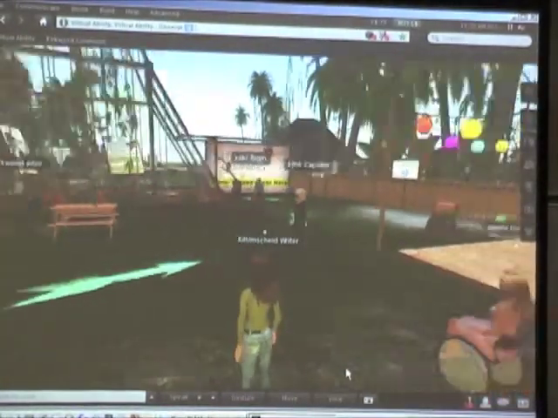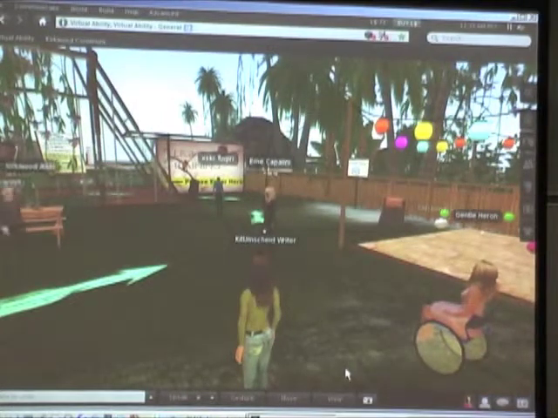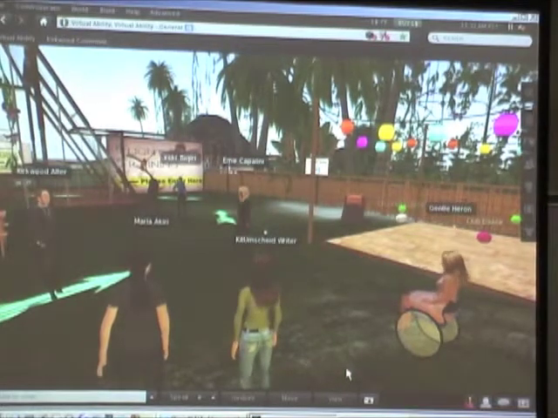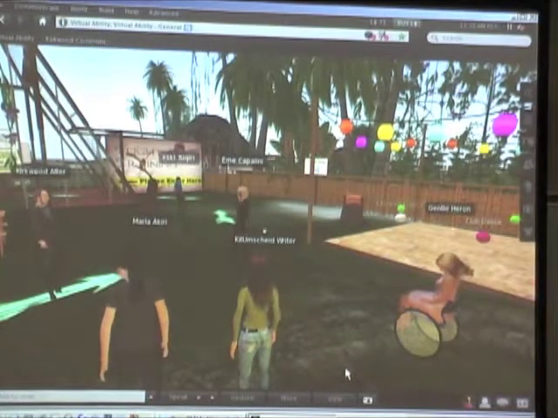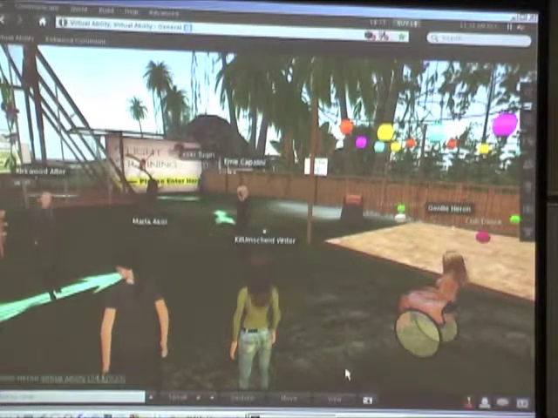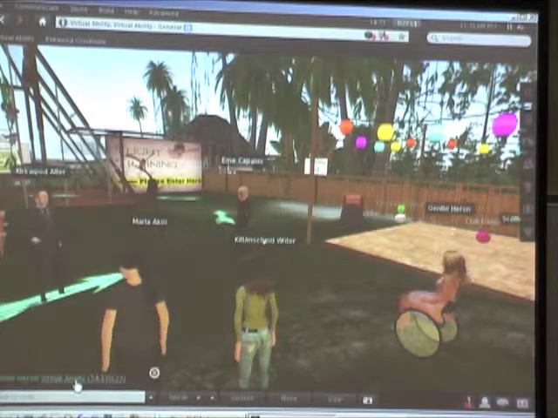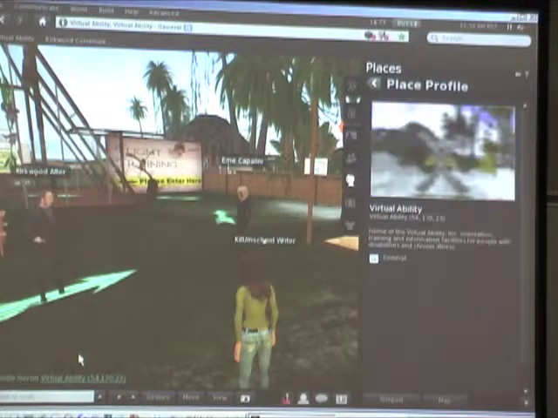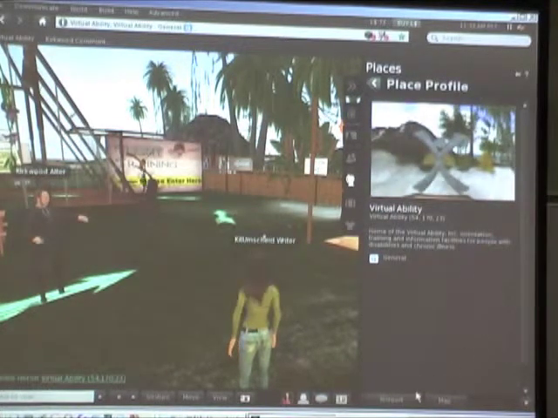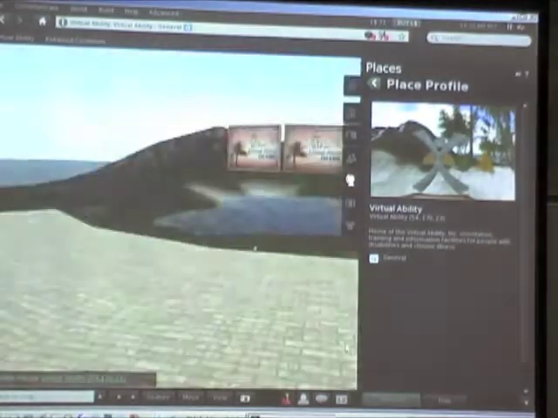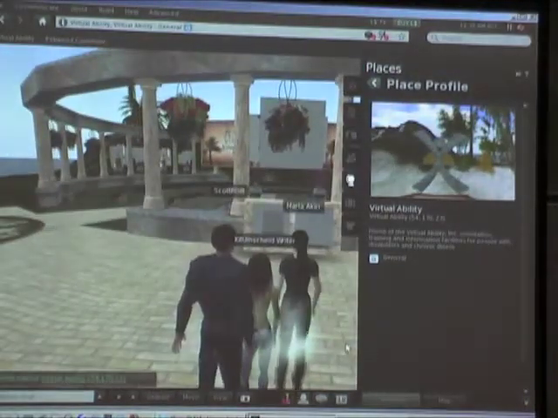Let's see. What we're going to do is I'll put the auditorium SLurl into the local chat, so those of you who use the SLurl that way can go over there. And again, remember, once you've landed, please take a step forward or backwards or sideways so that other people don't land on you. And if there are other people having difficulty getting there, I see Kirkwood is going to try some dancing first.